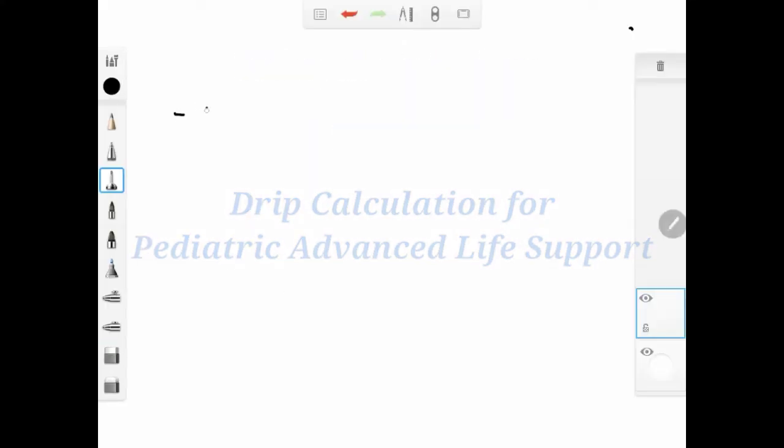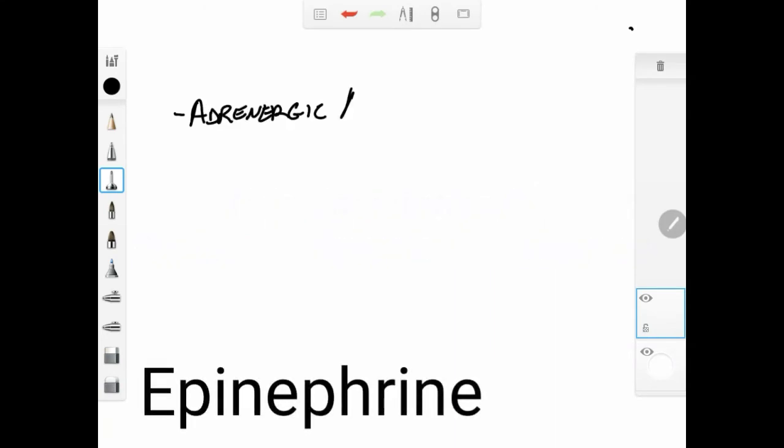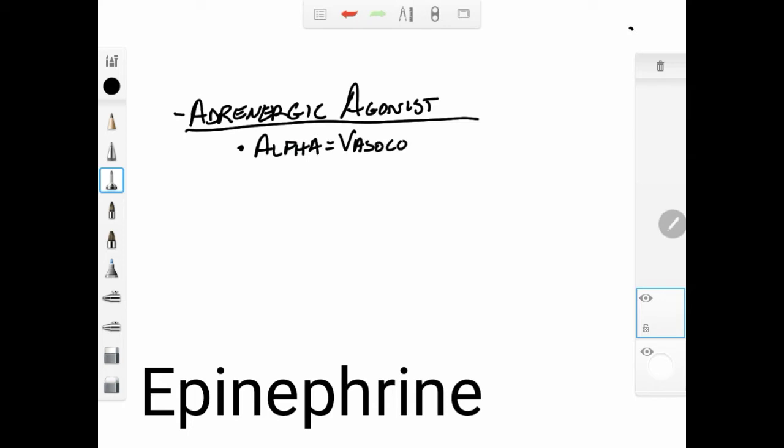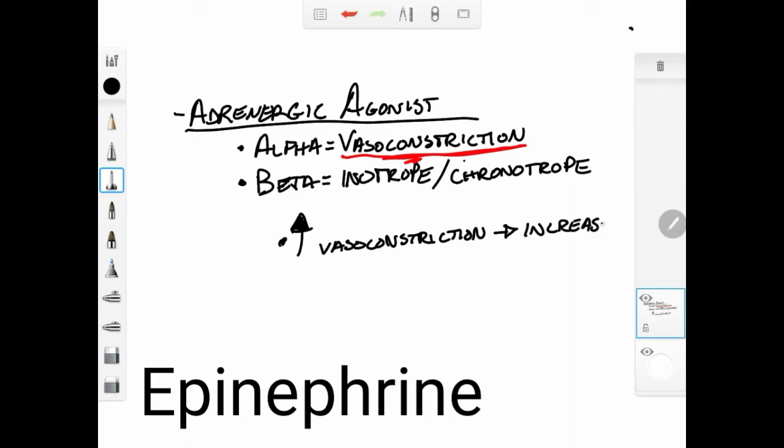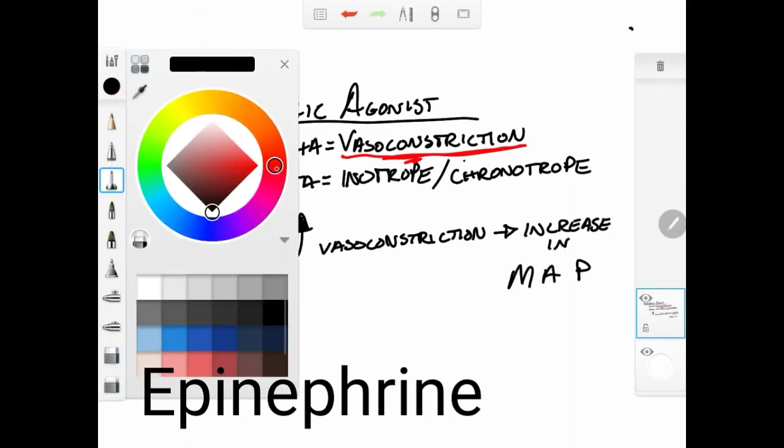Today we're going to talk about pediatric advanced life support, specifically the drips that we'll be calculating in it. We're going to start off with epinephrine. It's an adrenergic agonist. We're primarily going to be playing on the alpha sites, causing vasoconstriction, which is what we want. We will also get some beta effect for some inotropic and chronotropic effects. We want that increased vasoconstriction. That's going to directly lead to an increase in mean arterial pressure, which is the ultimate goal so that we